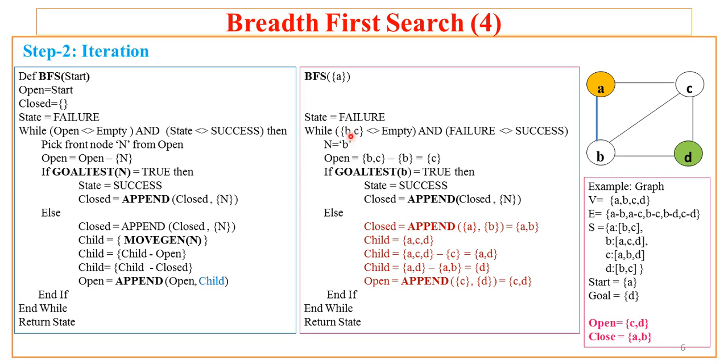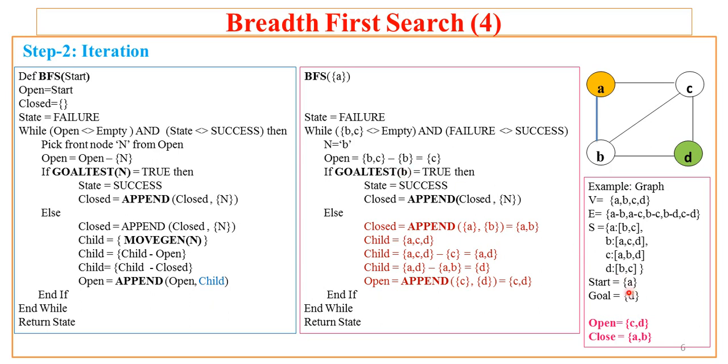So it picks the front element of the open. Now what it does, it picks B from the open, which is the front element of the open list, and it removes this B which is picked from the open. So in open it was B and C, and if we remove element B from the open, it has C as the only element left in the open. Now with this current element B, the goal test function is called. Now the goal test function will check whether B is the goal or not, but you know that B is not the goal because our goal is D.